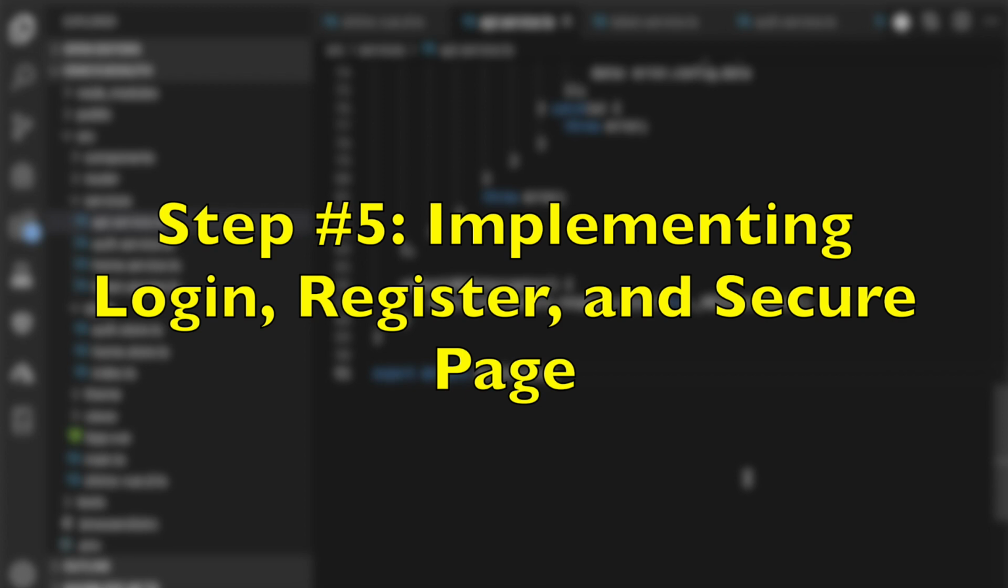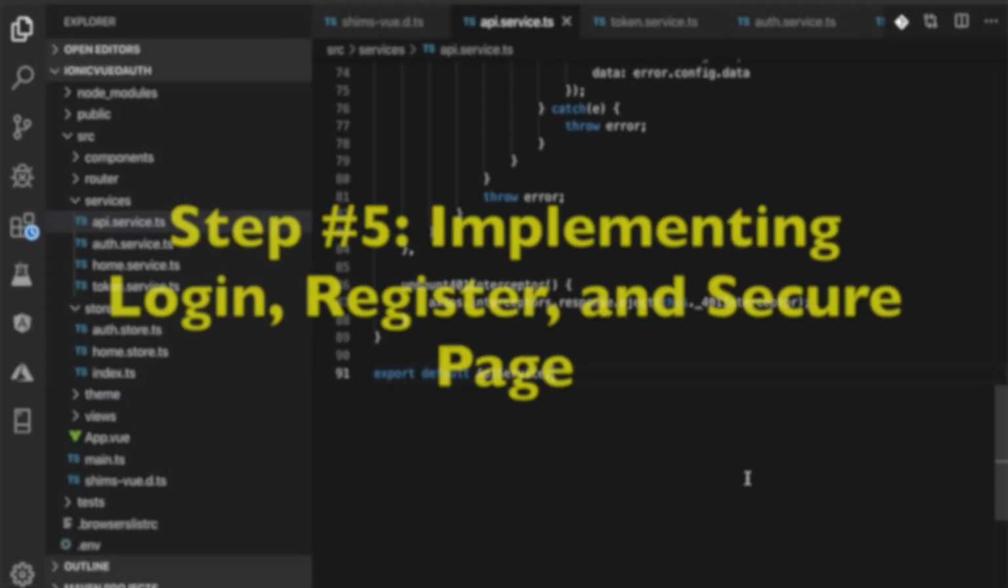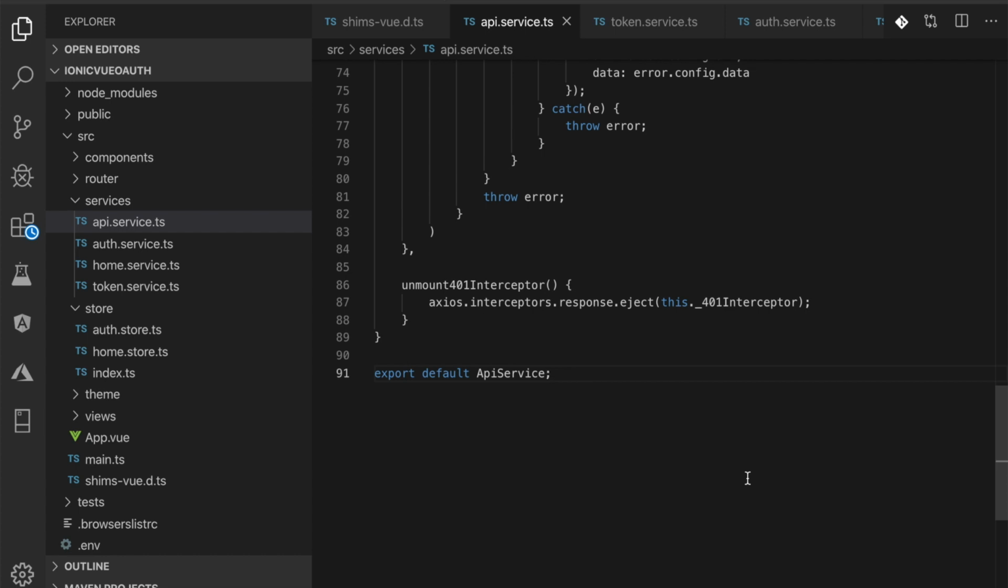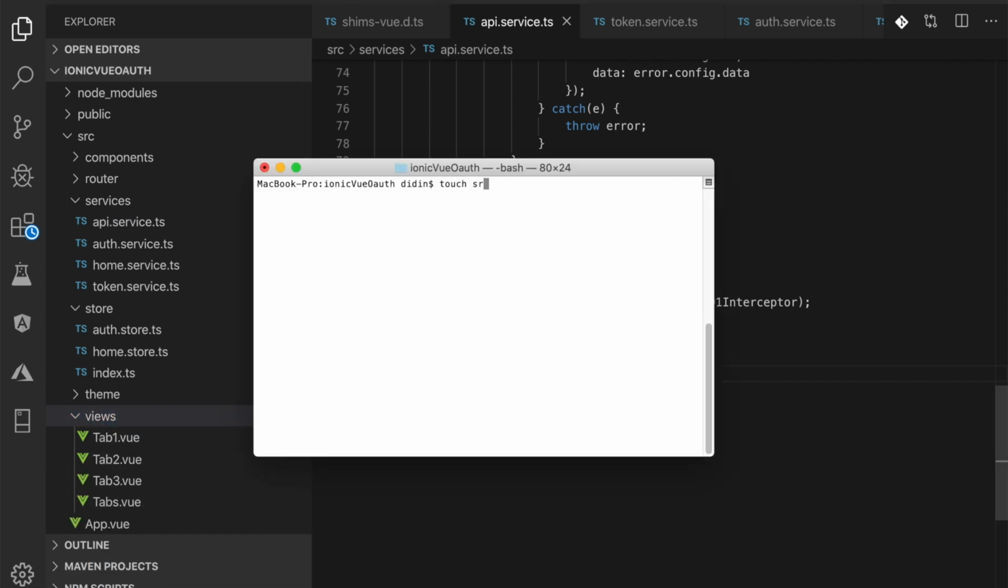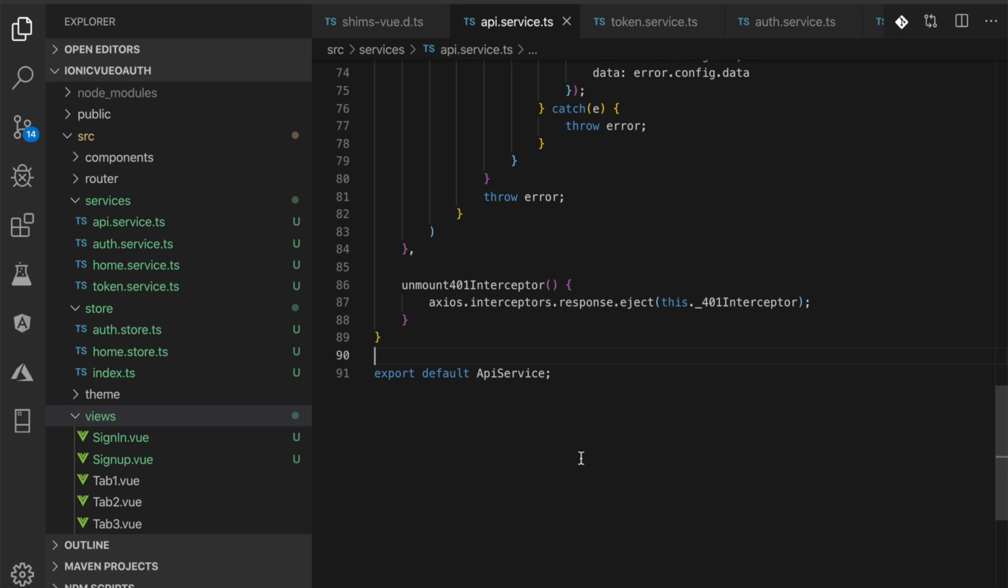Step number 5. Implementing login, register, and secure page. Now we will implement the login or register using the existing page as the secure page to the Vuex. For that, create new Vue files inside the src views folder. Next, open and edit src views